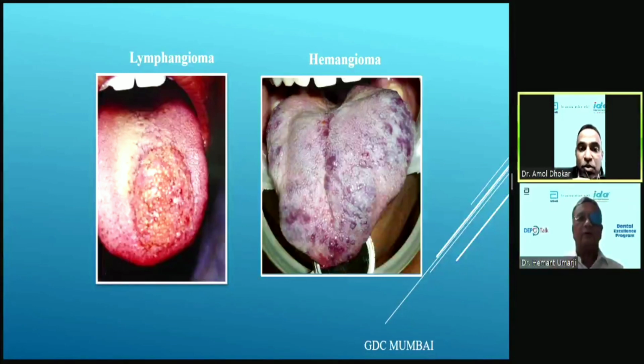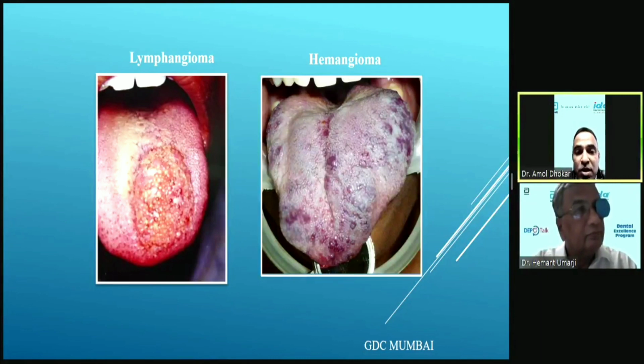Sir, can I ask you a question? I have one query. Why does it always happen that it becomes difficult for general dental practitioners to diagnose a lesion? Everything looks either red or white, and they are unable to diagnose it. I see many a time they are referred to a higher center for diagnosis, but there is no definitive method by which we can diagnose it. So why does this always happen?